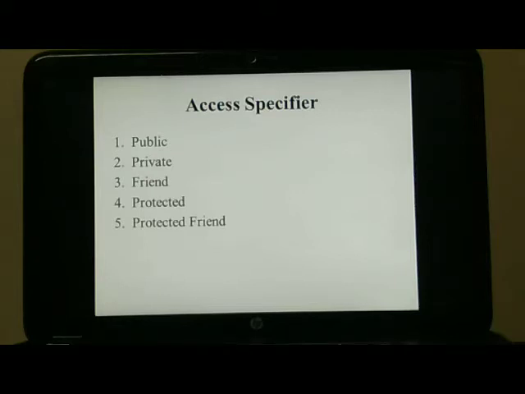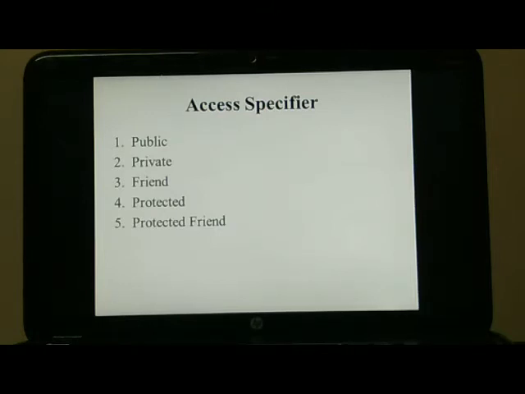This access specifier allows accessibility only within the class, including any nested procedure. The third is friend. We can use it within the program that contains the declaration, as well as anywhere else in the same assembly.